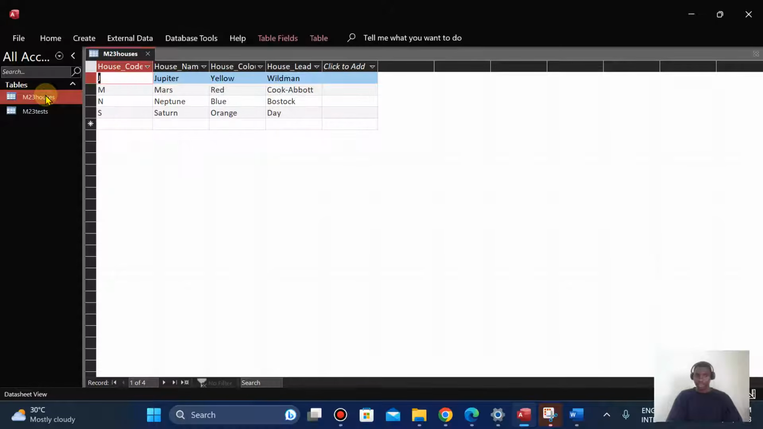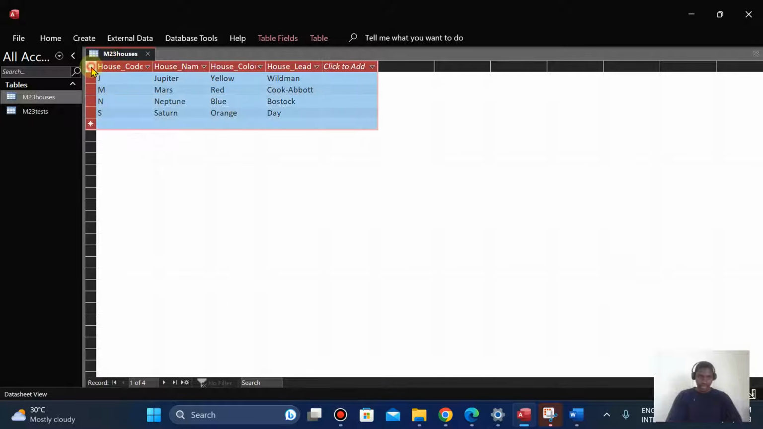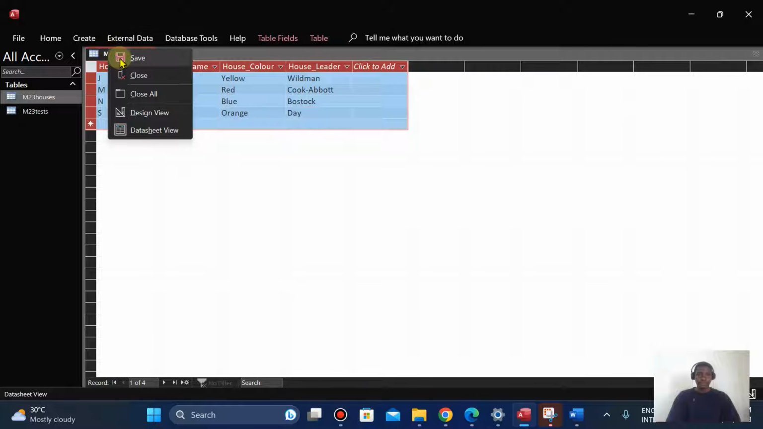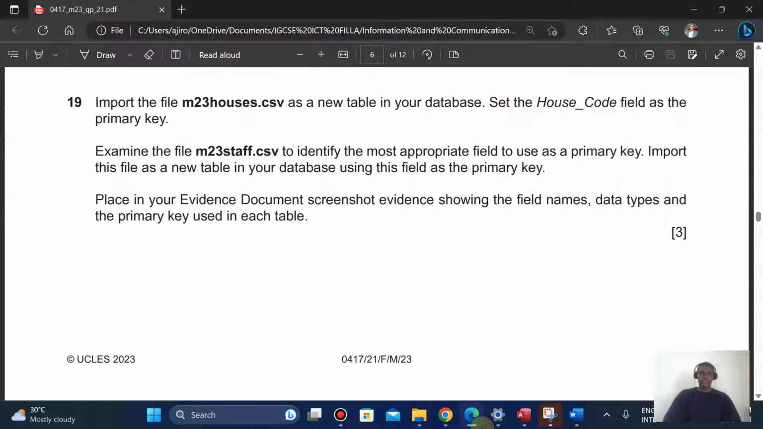Okay, and if you've gotten to this part, bravo, I'm proud of you. I can click on this and click here. Now in between the house code and the house name, double click to ensure everything is showing, and then I'm going to save, and then I can close. The next thing I'm going to do is examine the file